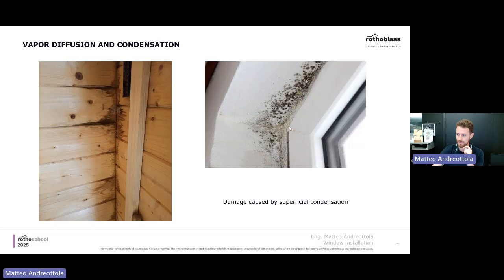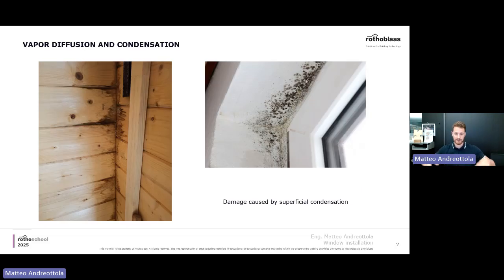I don't know if it's tape or a membrane or something which is sticking out a little bit. But you see that it's not continuous into the corner. So what you have to do is, starting from the bottom, which is always important. Even if you're doing waterproofing, you always start from the bottom. This is exactly the same concept as tiles, so that water or air cannot get in.